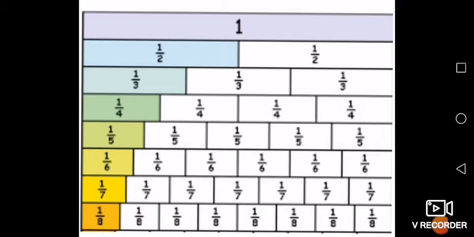So like this, with this strip activity and this fraction wall, you can clearly compare all the unit fractions. This is what you have to understand with this fraction wall, and I have taken this clear comparison from this slide also. Now between 1 by 5 and 1 by 8, which is greater? 8 is greater than 5, but when it comes to fractions, the fraction with the greater denominator will become lesser. So remember this, and then you can do the comparison orally also.